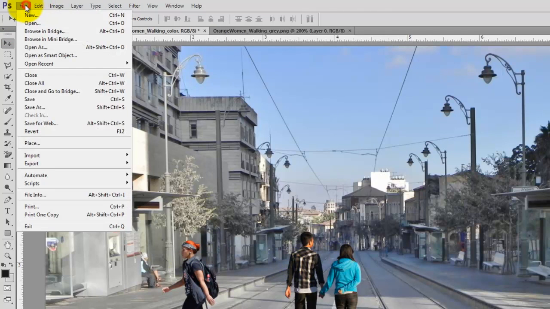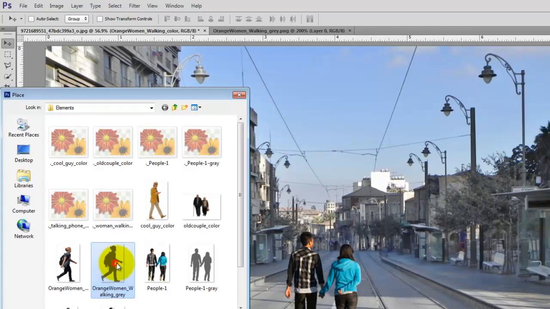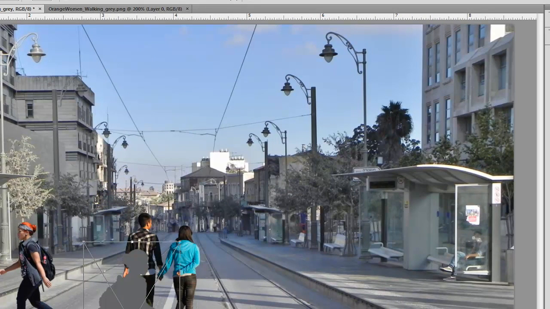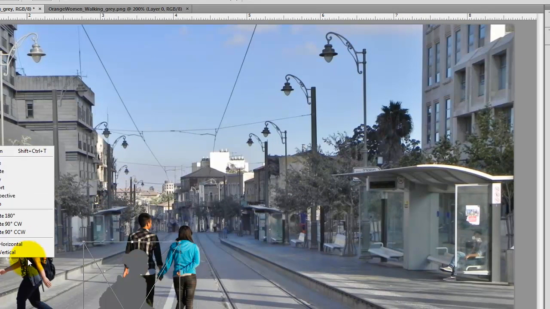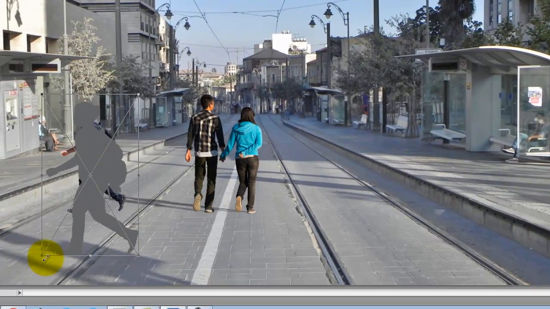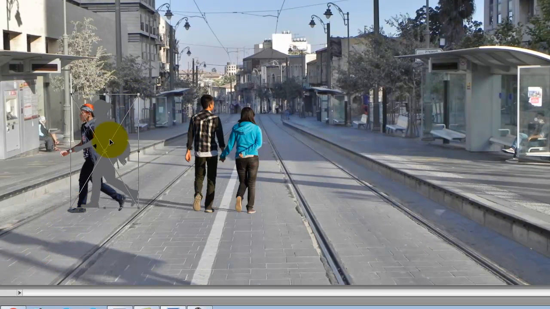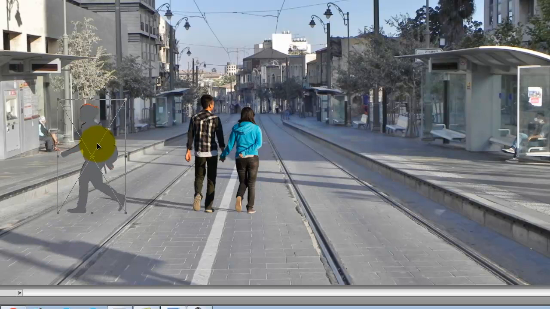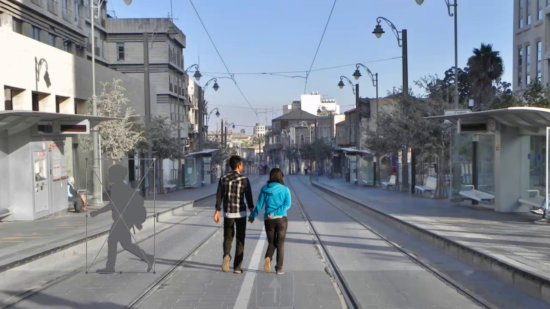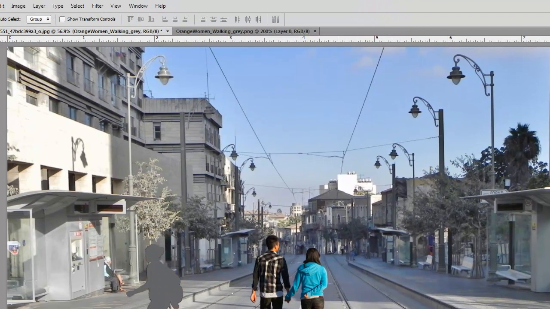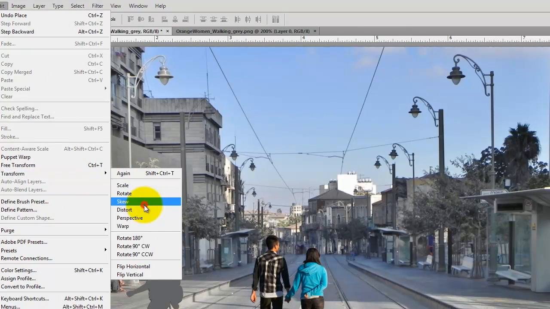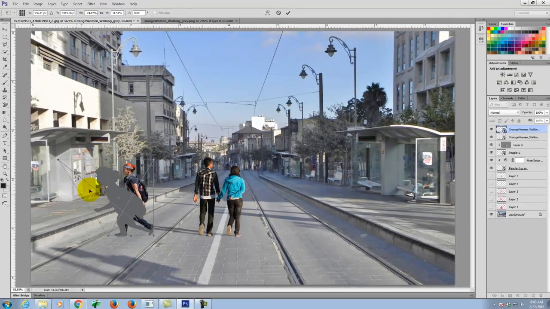Okay, so let's go ahead and bring in her shadow. So I'll go to File and then Place, and I'll bring in the shadow. Once again, I need to make it smaller, but I also need to flip the shadow. So let me go to Transform and Flip Horizontal. There we go. And I need the two of them to line up nicely. So remember, I'm holding down Shift. And I've got them reasonably close now. Okay? So I'll go ahead and say OK and commit to it. And now once again, on the shadow, I need to use the Transform and then Skew tool to work her shadow into the same